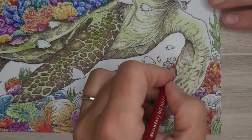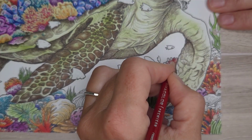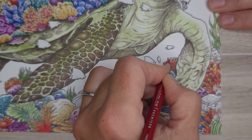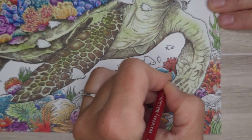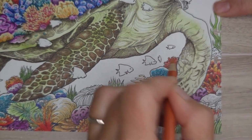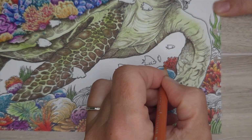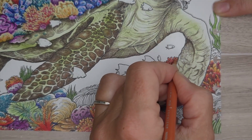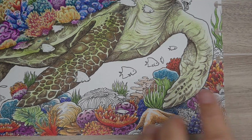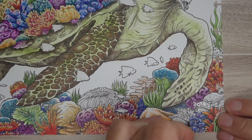I think back here we're going to stay pretty dark. This is crimson red. And I might just add a hint of mineral orange over the top. There you go. I have my little mock-up here that tells me that this is also